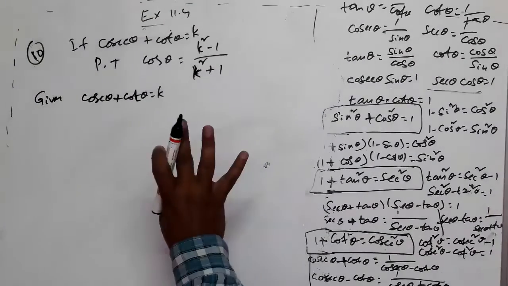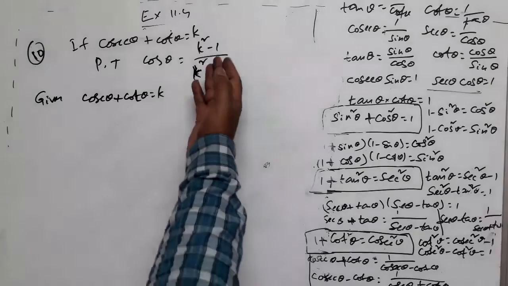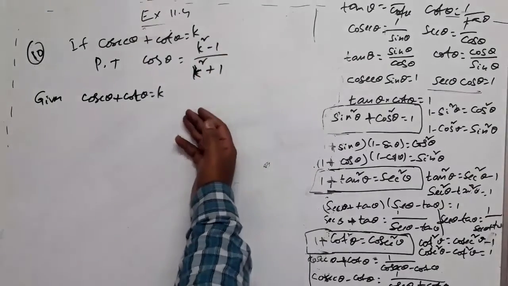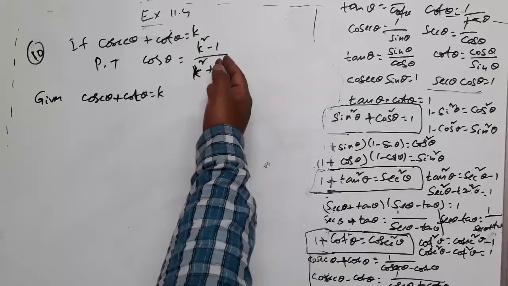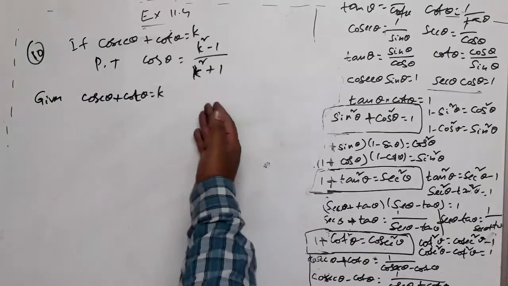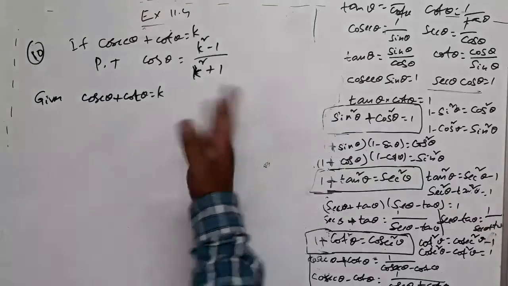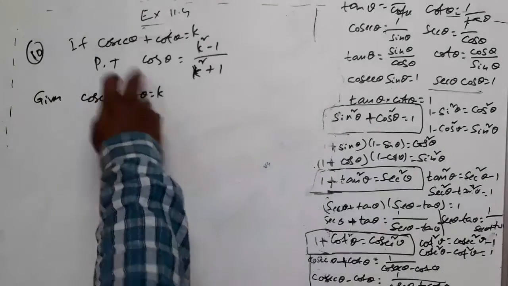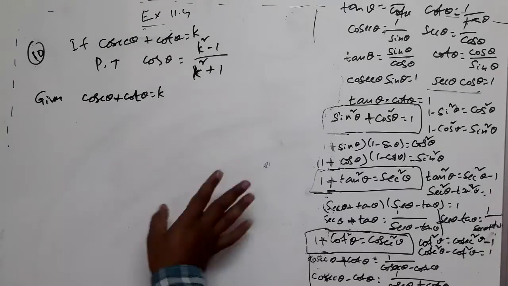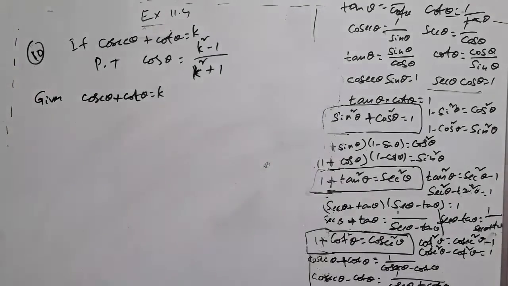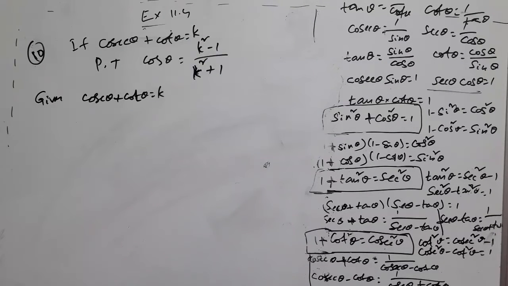You can of course directly substitute and simplify. Let us start with k square minus 1 by k square plus 1. In the place of k, you can substitute this: cosecant plus cot whole square minus 1 by cosecant plus cot whole square plus 1, and simplify further, and through further simplification you may get cos theta. You can do it that way also. Every question can be solved in many ways, right? But let us think, is there any simpler way?